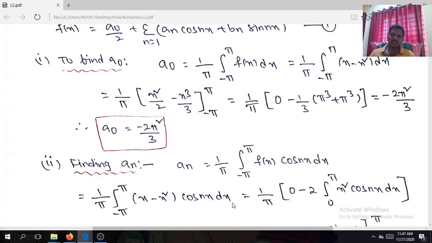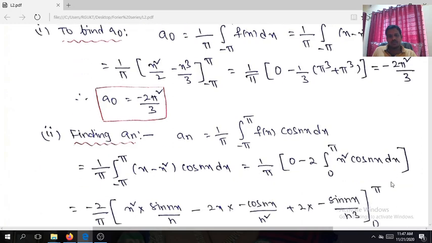In the next class we will discuss that. But here also I am applying it without finding the integration. It is not a simple function. It is no problem for finding a naught. Only one function is there, integrating with respect to x without applying any integration by parts formula. a naught is equal to minus 2 pi square by 3. Here it is not like that. So here, integral of (x minus x square) into cos nx dx, which is equal to 1 by